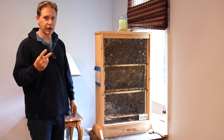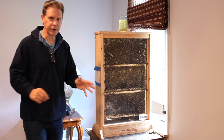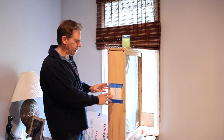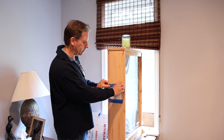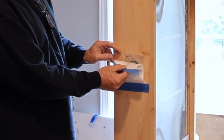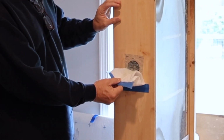One other thing that I've noticed about this particular design on my new observation beehive is I've only got 2 ventilation holes, one on each side, and I guess I'll move the camera around here so you can see it. This is one of my ventilation holes here, and I've got it covered with a Swiffer wipe, but I want to peel it back here, and I want to show you what they're doing. I can't get the Swiffer wipe off because they're propolizing